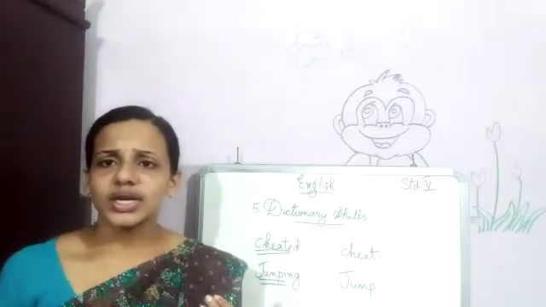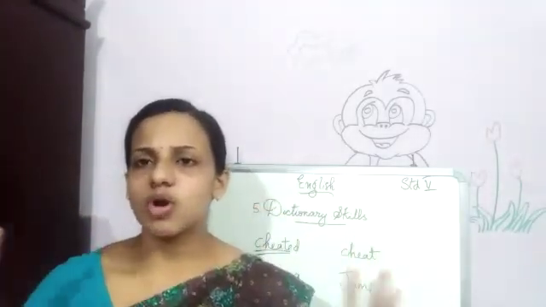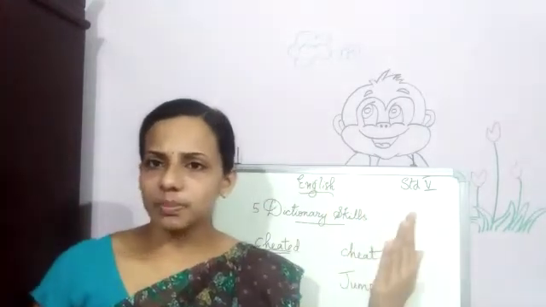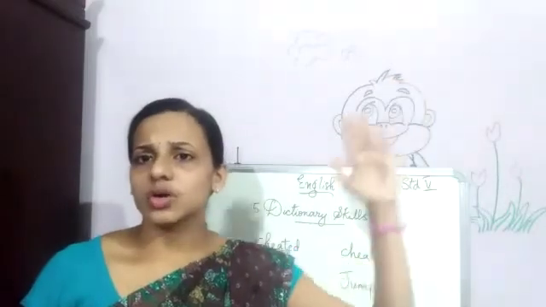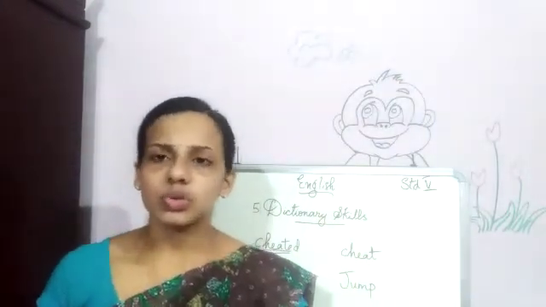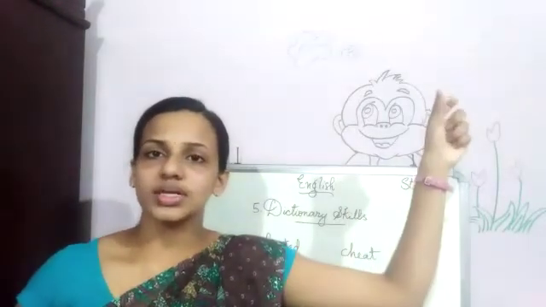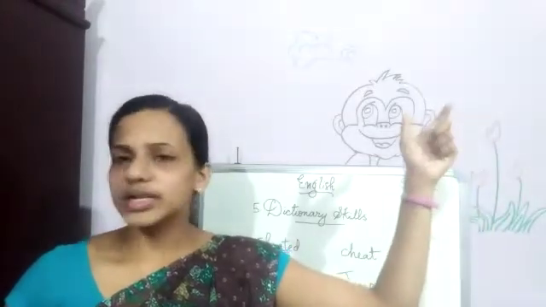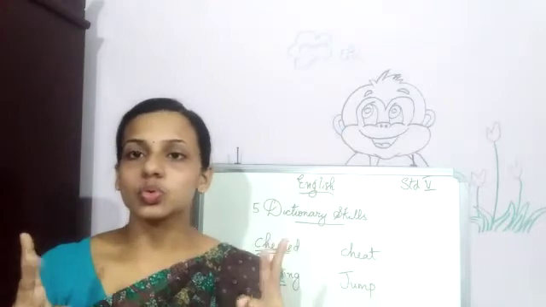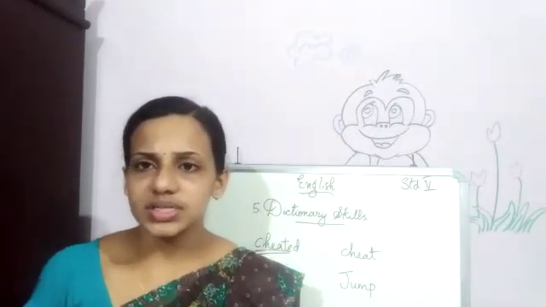And when we check a word meaning in a dictionary, all the words given in black bold letters are called entry words. When we open a page, the top left corner word is called a guide word, and the bottom right corner word is also called a guide word. So the word at the start and the word at the end of a page are guide words, and all the words coming in between these guide words are called